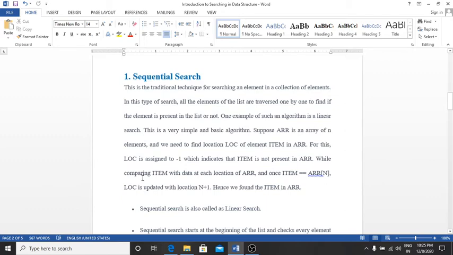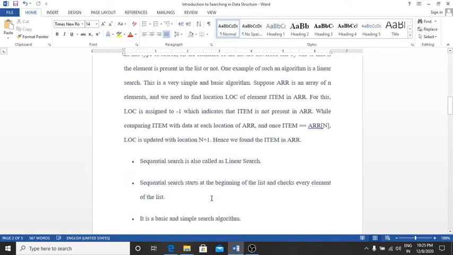While comparing the atom with the data at each location of the ARR, once the atom equals ARR of n, this condition is true, then the location is updated with the location n plus 1 value. Hence we find the atom in the ARR list.